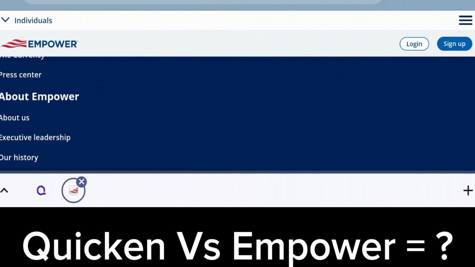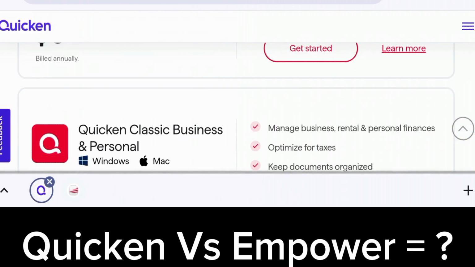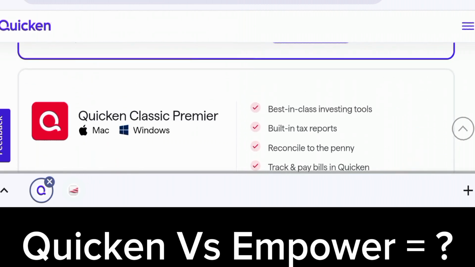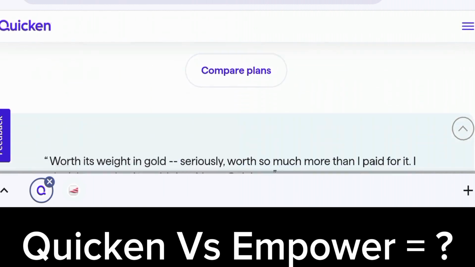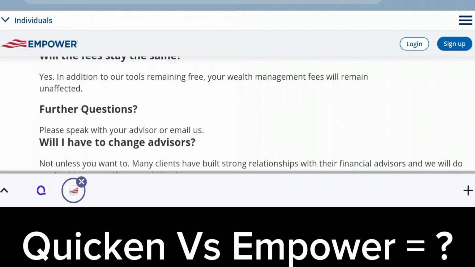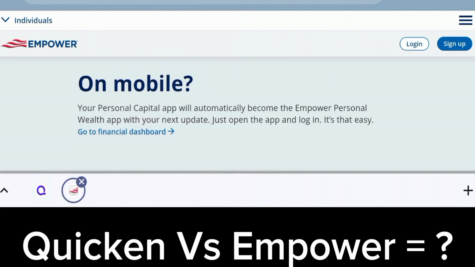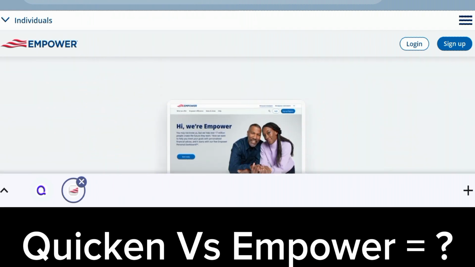Okay, so now talking about cost also, Quicken requires a subscription. They require a subscription fee with different pricing tiers based on the features required. So you can see right here. But when it comes to Empower, the financial dashboard is free. Okay, so investment management services come with a fee though, based on the assets under management. All right, so this aspect depends. The best in this aspect of course depends because Quicken is for those needing detailed personal finance tools, while Empower is mainly for those focused on investment. So it depends right here.